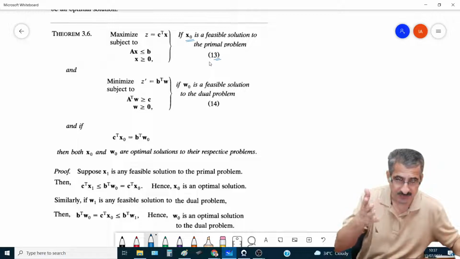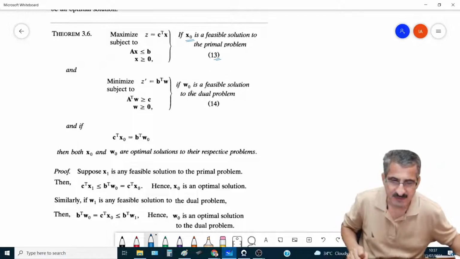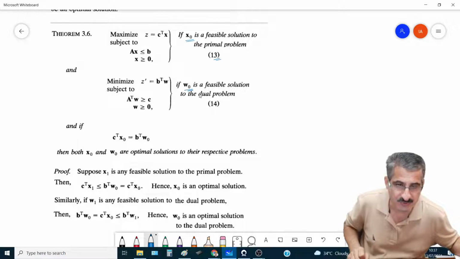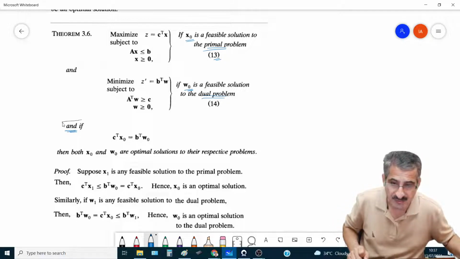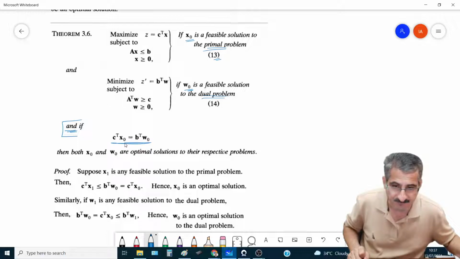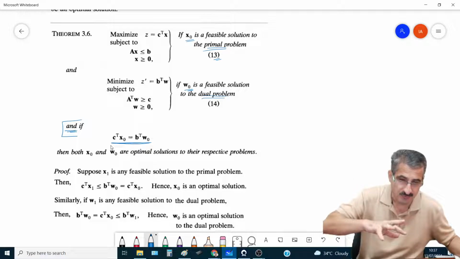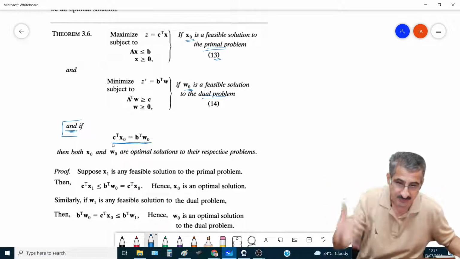So X naught is a solution for the feasible problem, and assume W naught is a solution for the dual problem, and this is the primal problem. And we are adding something here: if the values of the objective functions of the primal and the dual at X naught and W naught are equal,